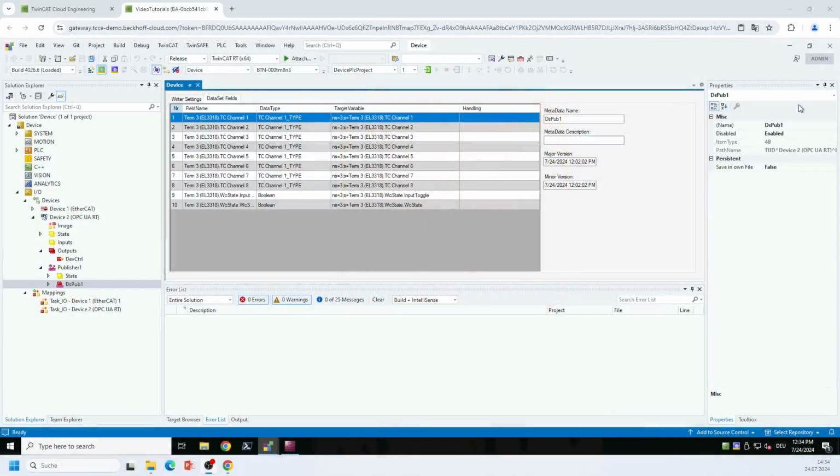This video tutorial is about our TF6105 product, OPC UA PubSub, and I would like to show you how to configure an OPC UA subscriber in order to receive data from an MQTT message broker. There is a prerequisite video tutorial, where we have already shown how to configure an MQTT publisher that publishes data from an EtherCAT master, and I highly recommend watching that video tutorial before this one.